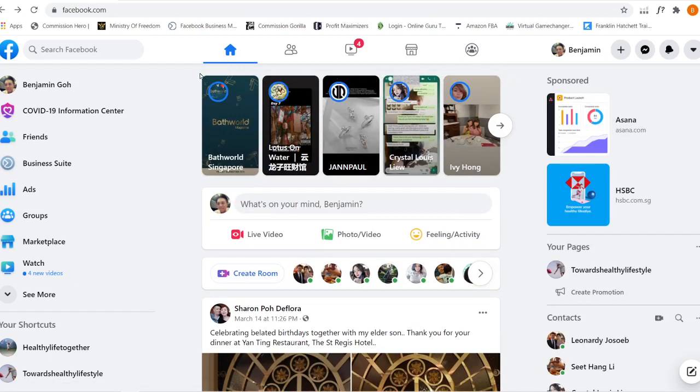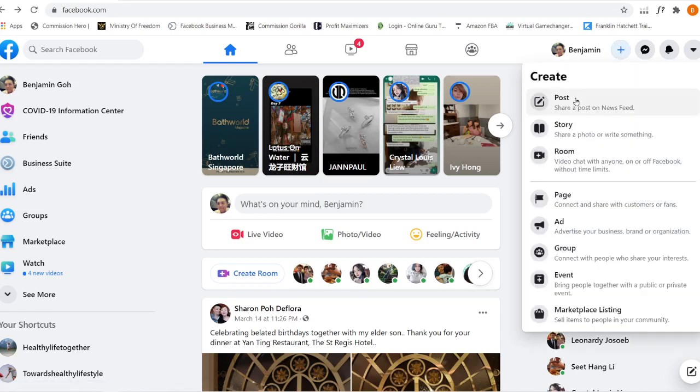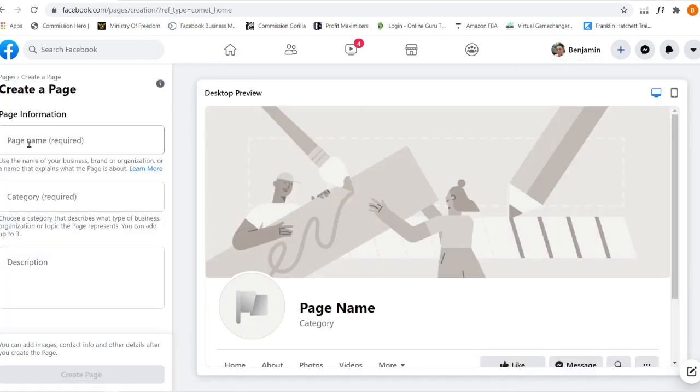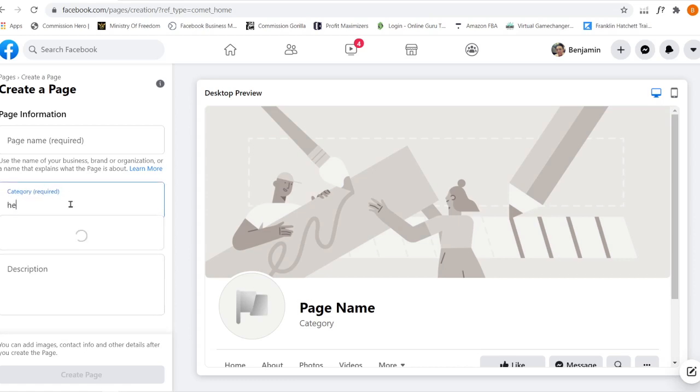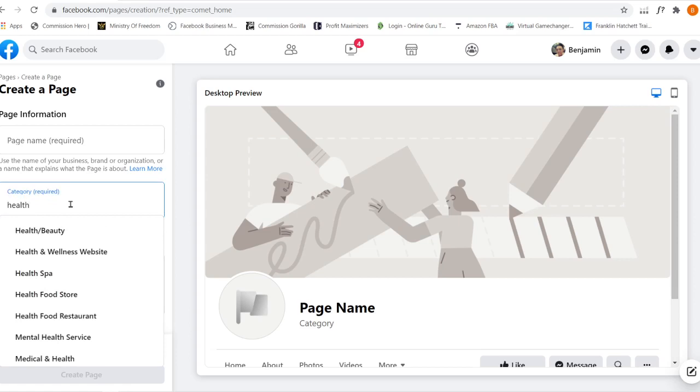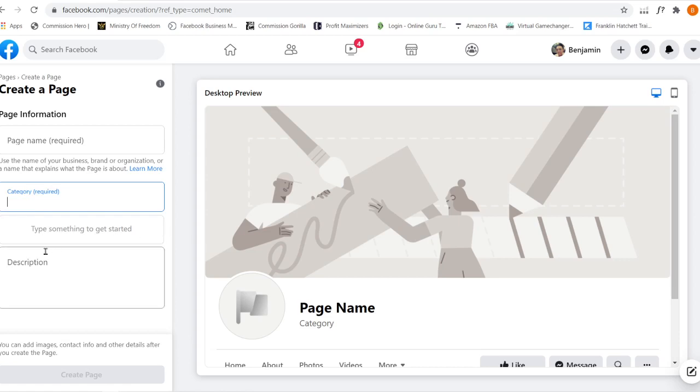Okay, so when you come to your personal Facebook profile, the first thing you want to do is hit this plus button and create a page. All you need to do is insert your page name. What category is your page in? Is it a health category? You just have to click on it, and you will see several different categories coming up by typing certain keywords. Like for example in health, see all these different categories populated. Now of course you give a short description of what your page is all about,